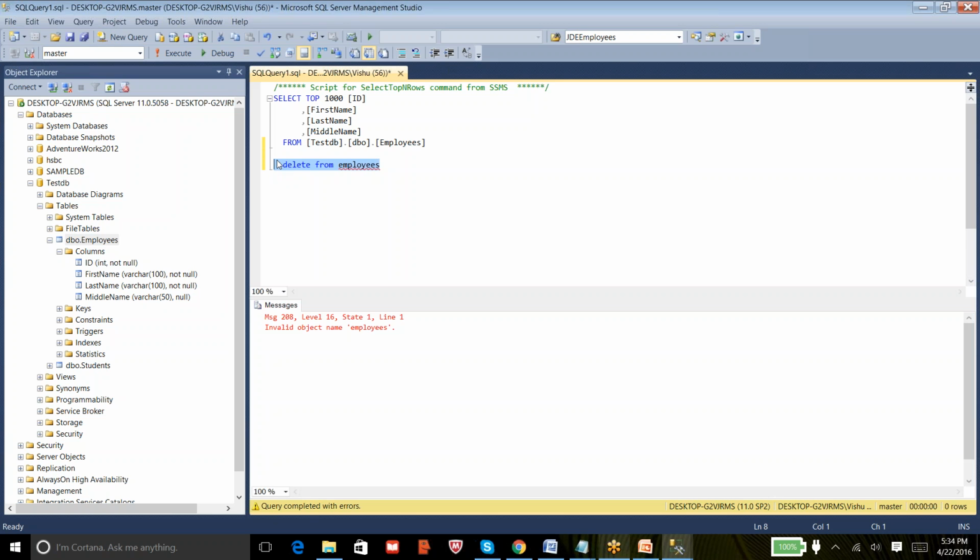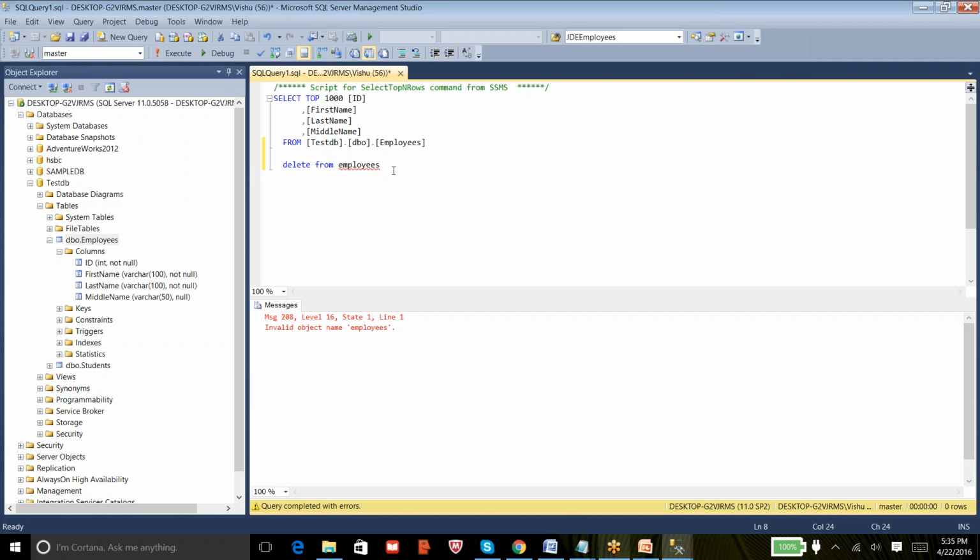And you might get a question like, then how come it executed the data read from the same table? It is because we have given a fully qualified name for this table. Even though this first query is executing in master, we are asking it to go inside this database, which is called testdb, and then browse this table. So that is the reason the first query succeeded while the second query failed.